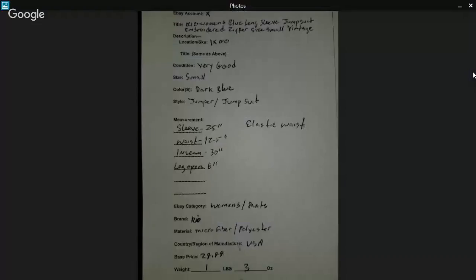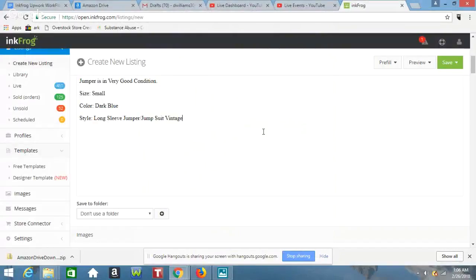After that, next, now you have the measurements. We also have some additional information. Any additional information you have to the side of the measurements or to the side of the description, you're just gonna add it in. Put it anywhere. Elastic waist. Okay,